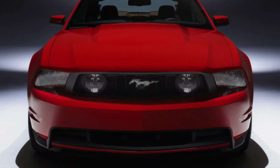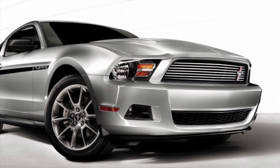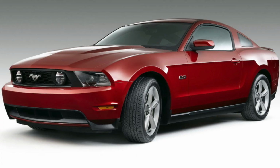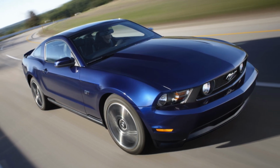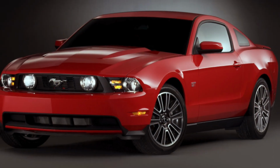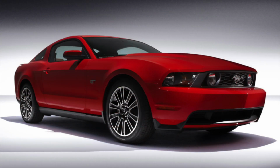From 1964 to 2009, over 9 million customers had purchased a Mustang. To keep sales strong and fend off competition from the then new 2010 Camaro, Ford redesigned the Mustang for the 2010 model year. Except for the fastback roofline, the exterior sheet metal was all new for 2010. The revised front featured new headlights, lower fascias, fenders, and grille. They were all joined by a power dome hood with a muscle car-like